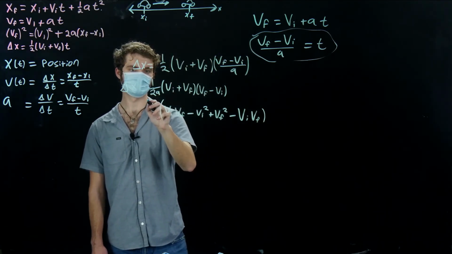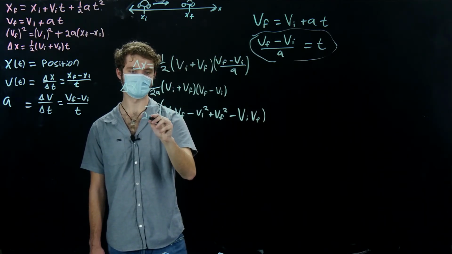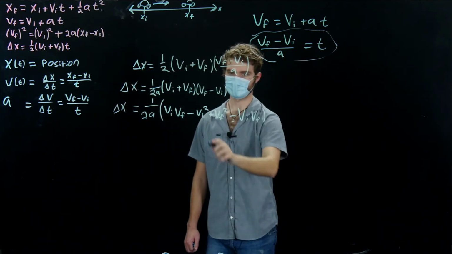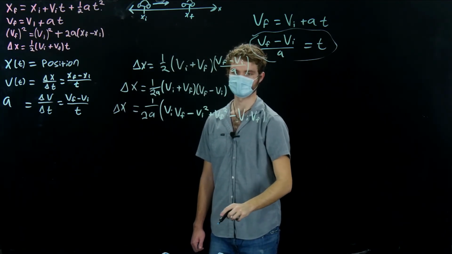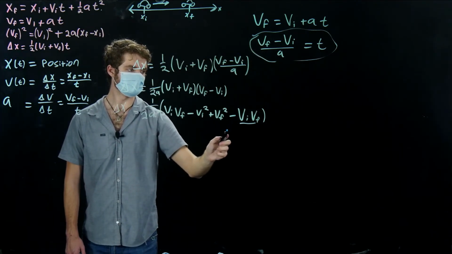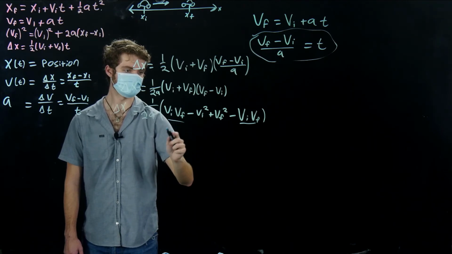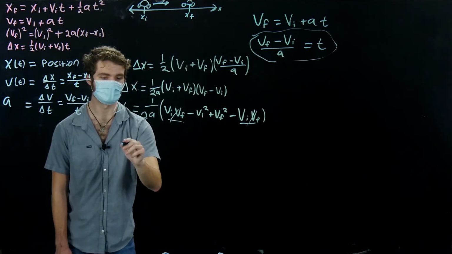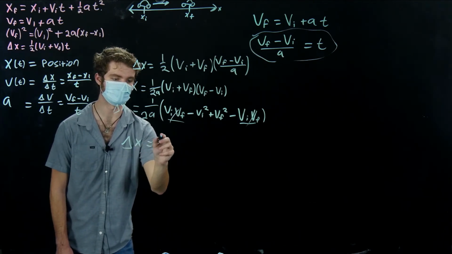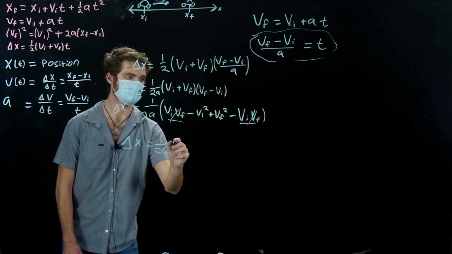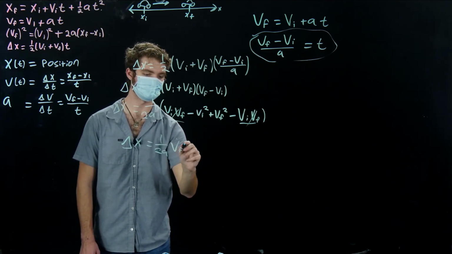That's all there, times 1 over 2a equals delta x. So when you multiply all of this out, we have minus v initial v final and positive v initial v final, so they cancel out, and you have delta x equals 1 over 2a v final squared